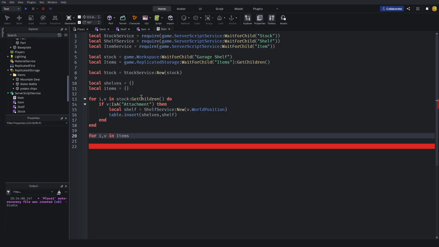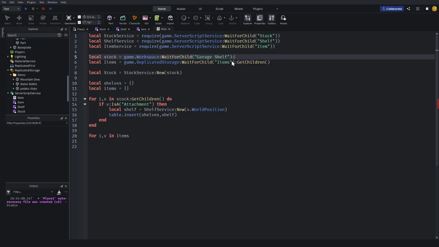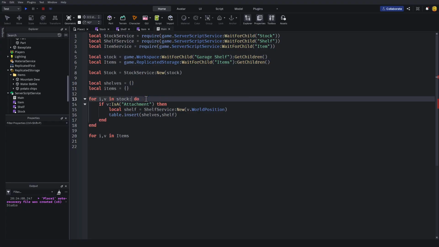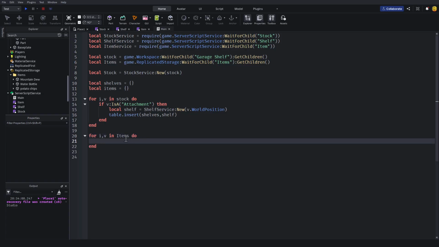There's no way I just did this, bro. Oh, never mind, it's correct. I can just call GetChildren here though, it just looks better. I prefer having less stuff here anyways. Do. And since everything's gonna be an item already,